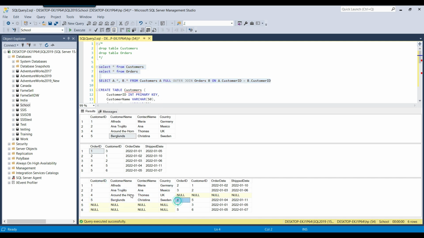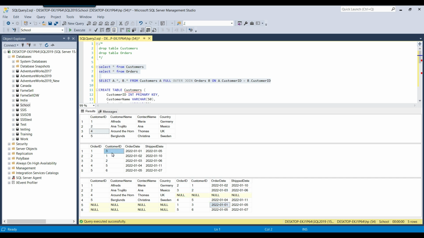If you look at the data for customer ID 1, because customer ID 1 is present in both tables, we have data in all the columns. These are the columns from the left table, the customers table, and these are the columns from the right table, the orders table. Because customer ID 1 is present in both tables, we have the actual data in this record from both tables. Similarly, customer ID 2 is present in both tables, so we have the data from the customers table as well as from the orders table.